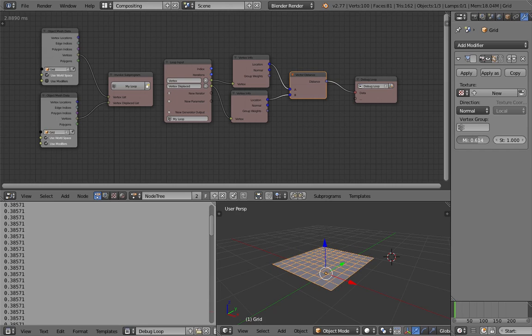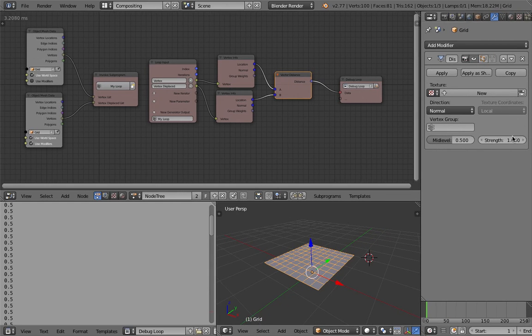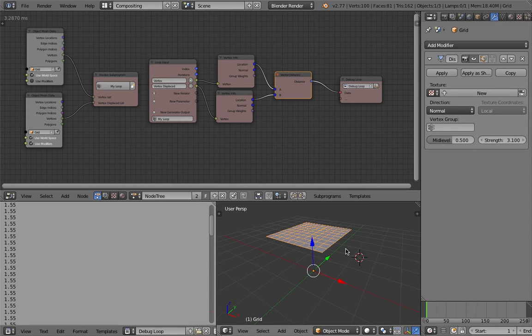So we can leave it as 0.5 for now, but I'm more interested in the strength right here. The strength can go from 0, or even under 0 and more than 0, so we can push over and under the normal value between 0 and 1.